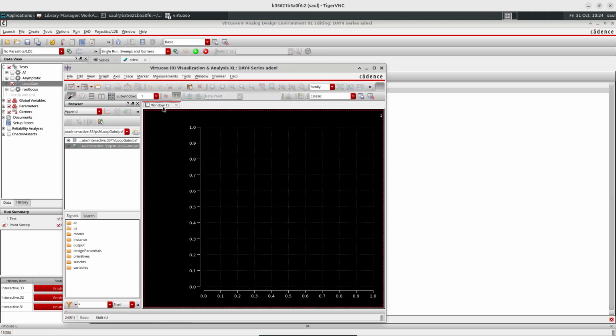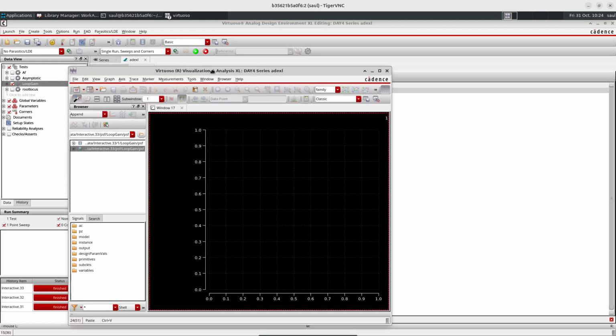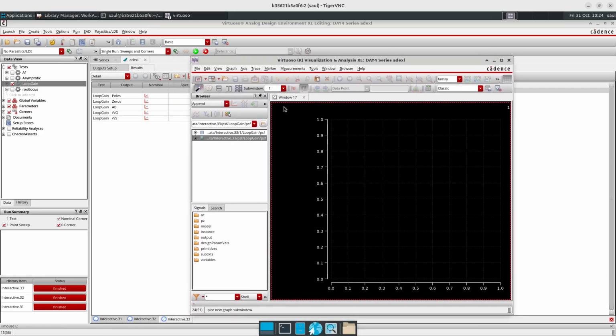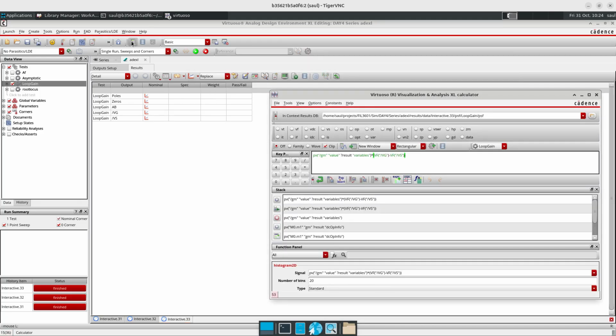Let's go to the results here, and then we open also the calculator here, and then we check that we have the set for the loop gain here